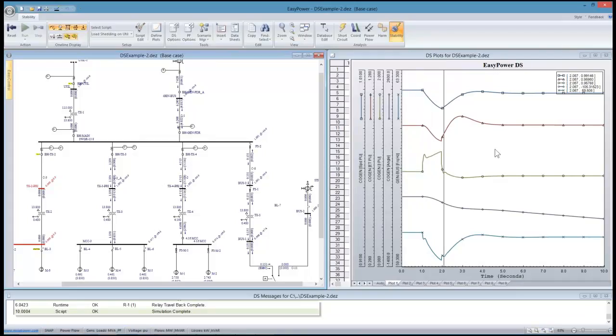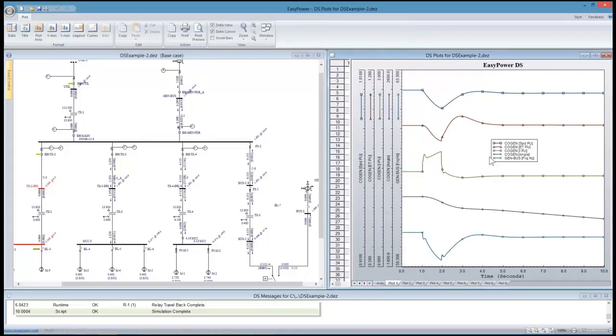And we can see from the legend here in the corner, everything runs in steady state for 1 second, and then as the utility bus voltage is dropping, we can see the frequency here at the bottom drops to